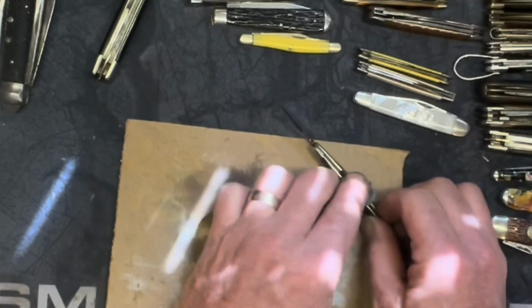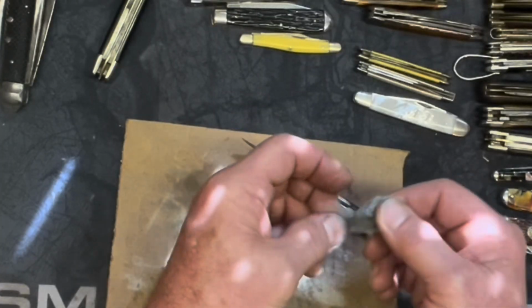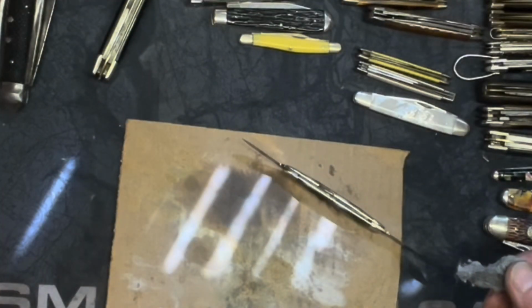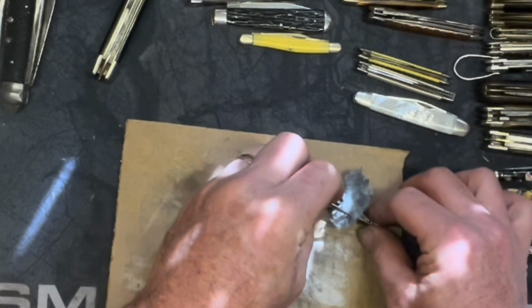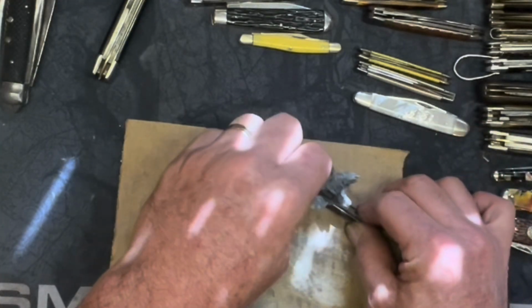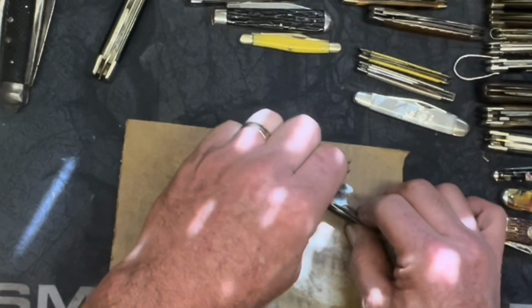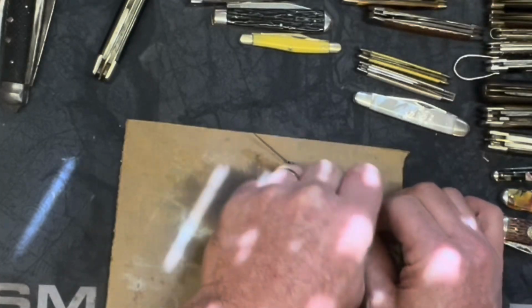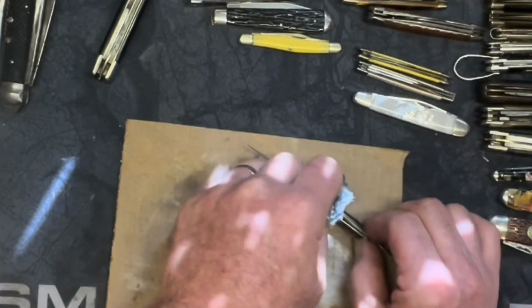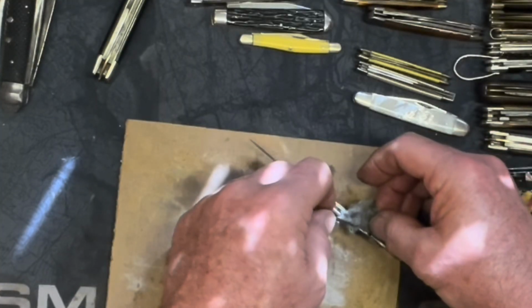But what I do is I actually take the never dull and, depending on the knife, some of them have wide open channels, but you take a little screwdriver and poke the never dull down inside there, and then you can actually, and if your knife is in need of more cleaning than this one, you could actually clean it up with